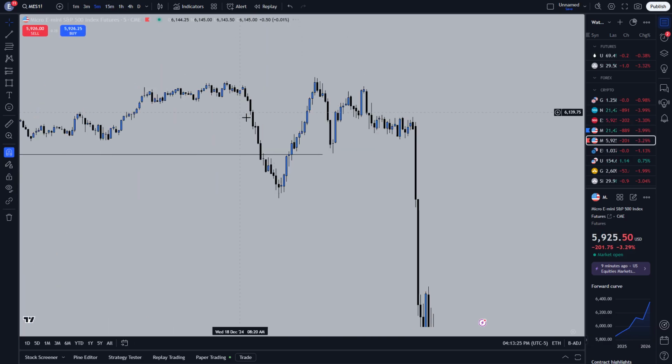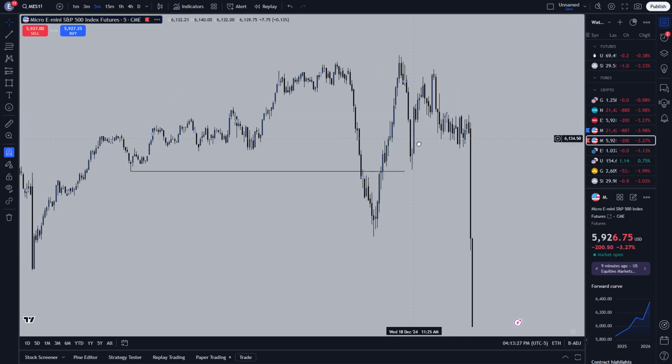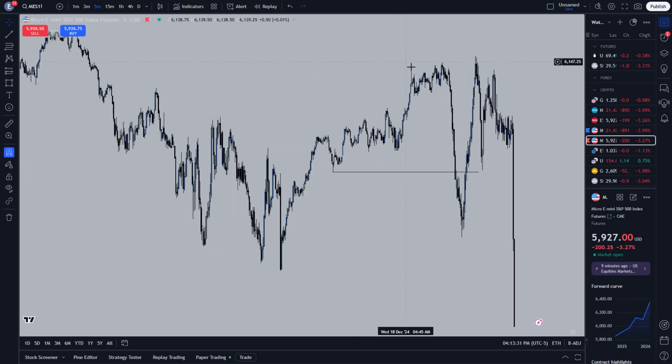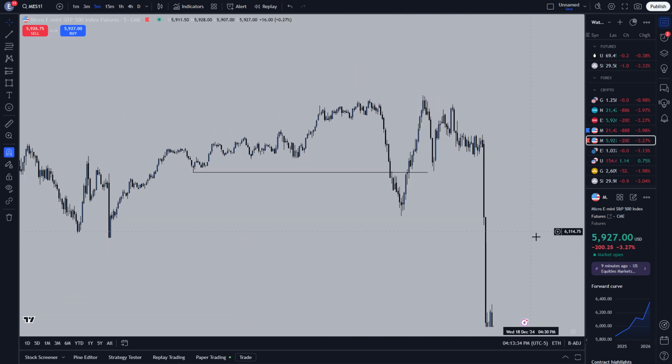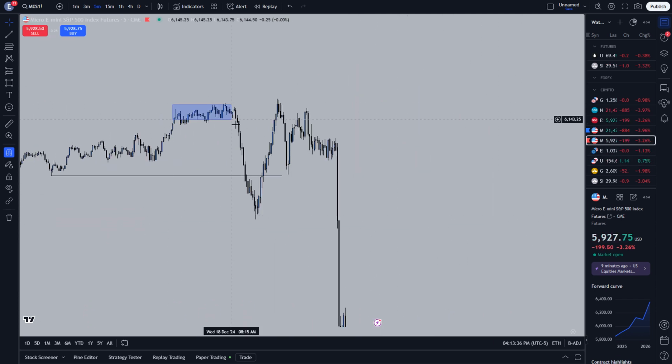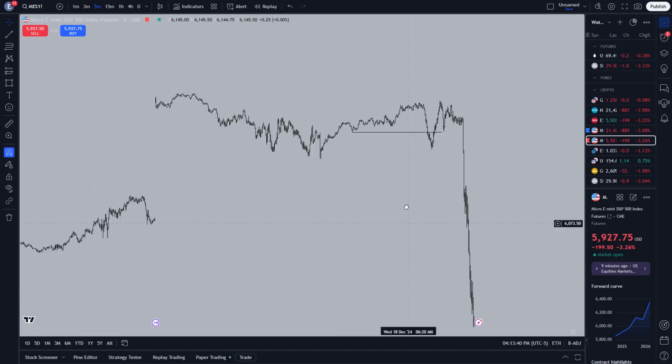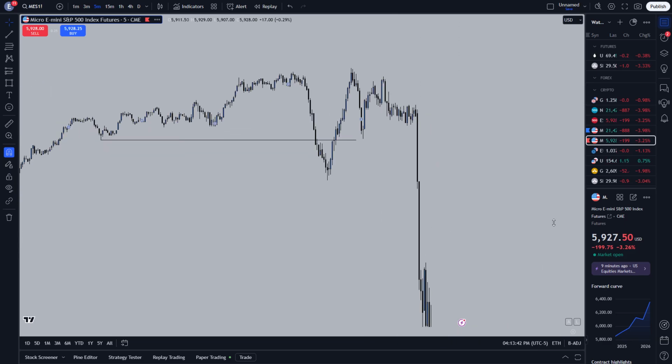I mean, if it works for you, okay, good for you. I'm not hating on you. It's just something I've learned. But yeah, PO3, even PO4, bro. My confluence has been playing out. Accumulation, manipulation, D1, reaccumulation to D2, right? But I don't really care about that stuff too much. It's just an extra confluence.